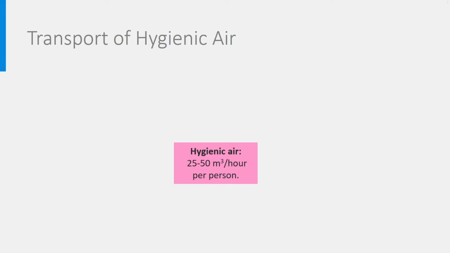Let's start with the transport of hygienic air. Hygienic air is the quantity of clean outdoor air that is needed to maintain a good indoor air quality. You have learned in other classes and courses that a minimum of 25 cubic meter per hour per person is needed, and that higher values are recommended between 36 and 50 cubic meter per hour per person. It is very important that this clean air is brought directly where people need it, which is in the building's rooms. As for the transport of air, ventilation systems can be divided into four types.